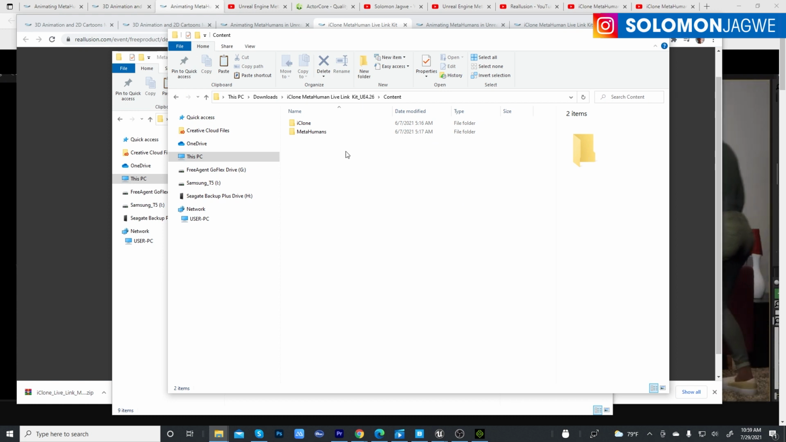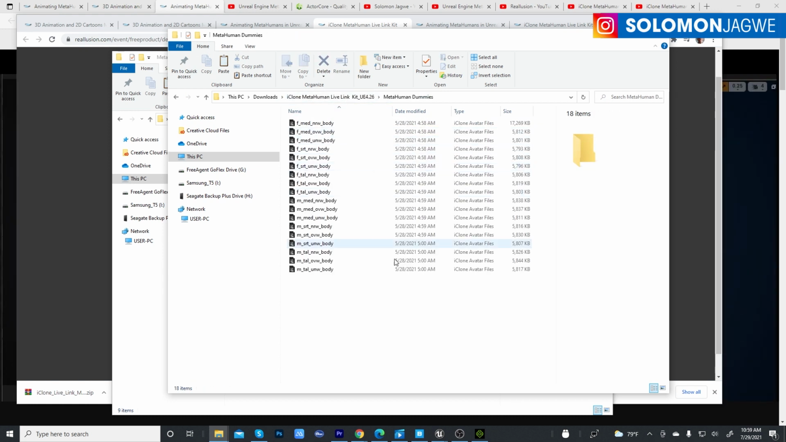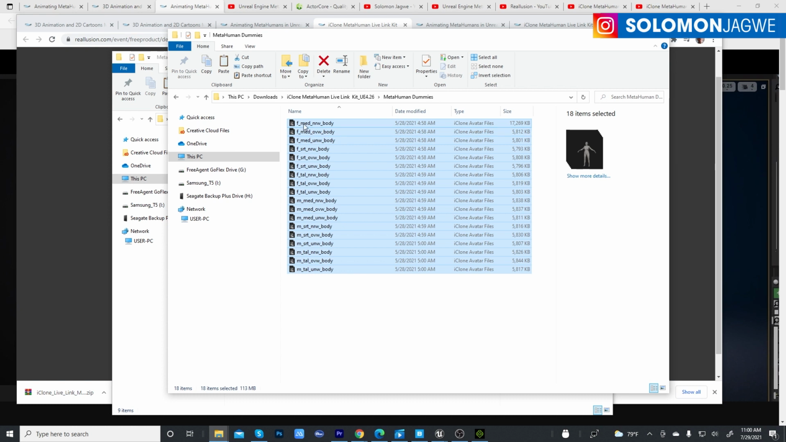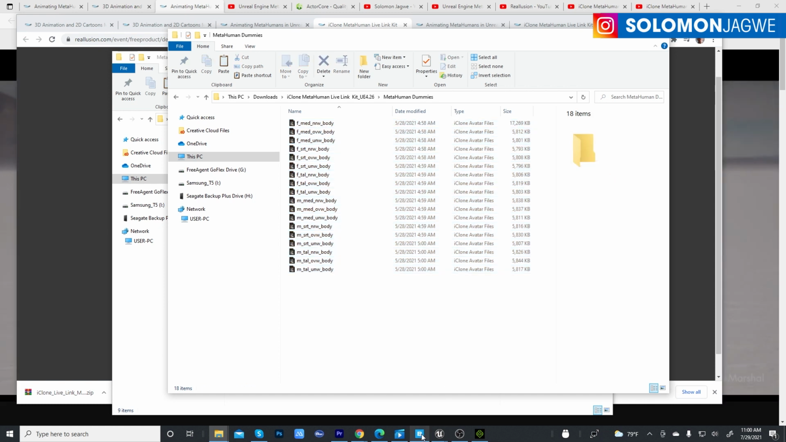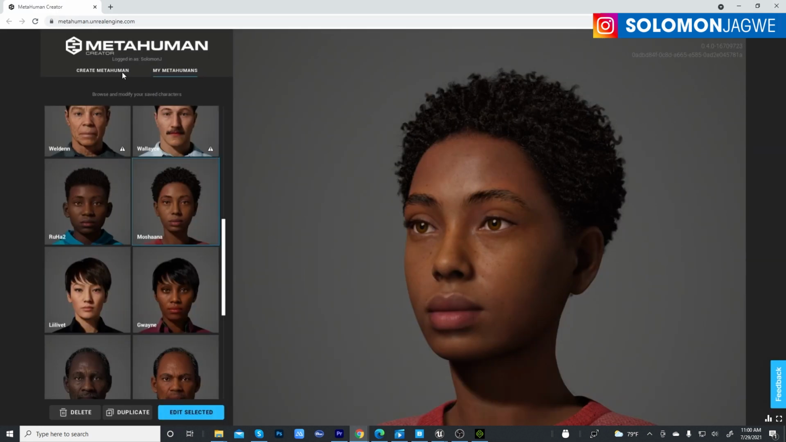And another thing that you're going to need, if you go back here, are the MetaHuman dummies. If you double click on this, these are the 18 files that you find in here. They are labeled with the gender of the character, the size, and then the weight of the character. So our character that I did, the one that I'm using right now, this one,